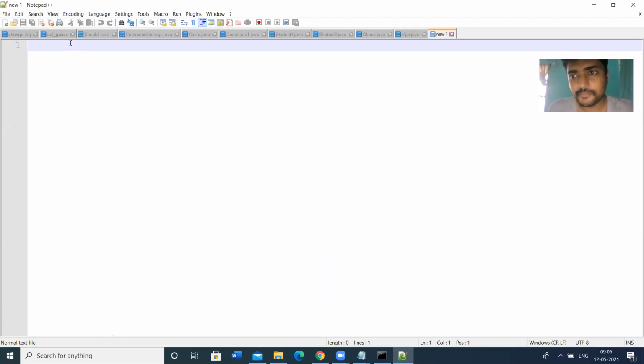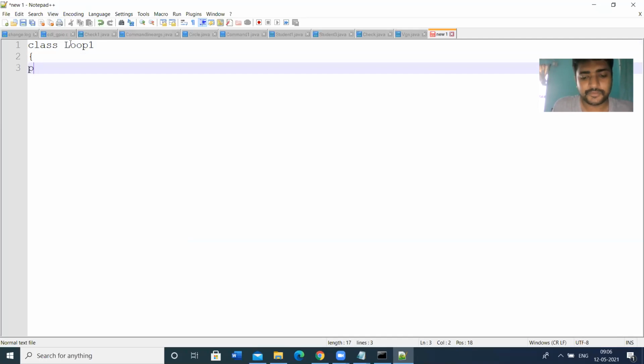So let us see one example to illustrate the continue statement as well as the break statement. So we should know the difference between the two. So let us write some program. Class, I'm defining the class. Let us take the class name as loop1.